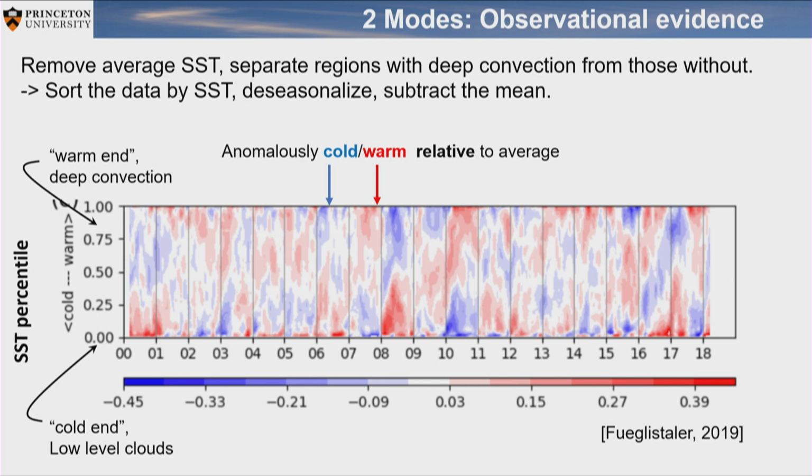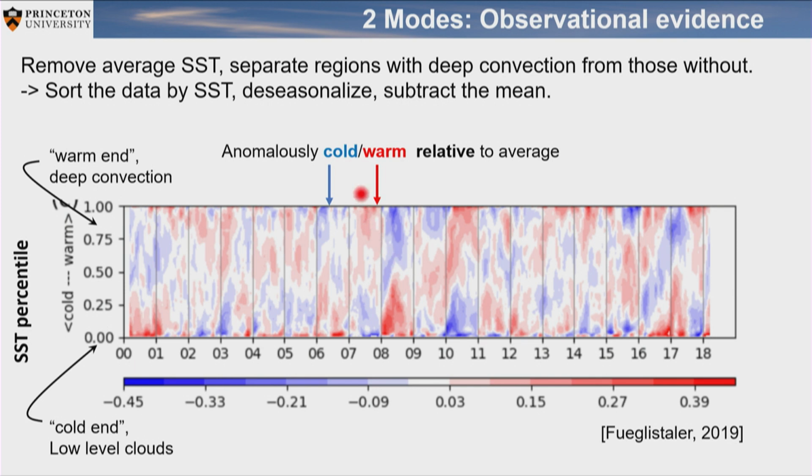So we're not seeing anymore whether it's on average warm or cold now, but what we're seeing is whether the warmest part is now the same difference to the mean as it would always be. In this case, that means it is still warmer, but relative to the typical difference between the warmest and the average, it is cold. And that, of course, because the mean is taken out, has to be balanced by the cold end being anomalously warm. So this state here is a more even sea surface temperature distribution, right? So they become more equal.